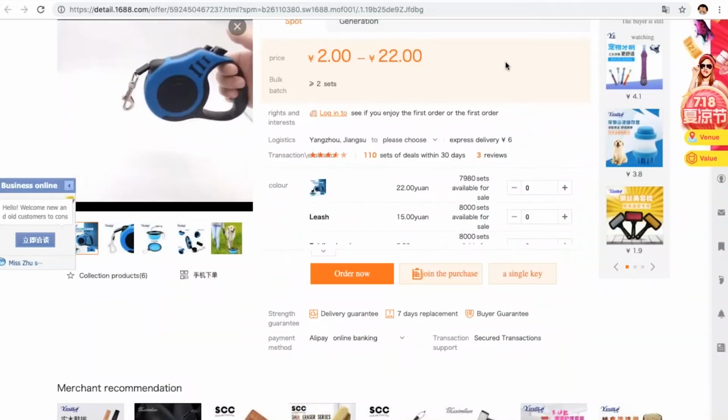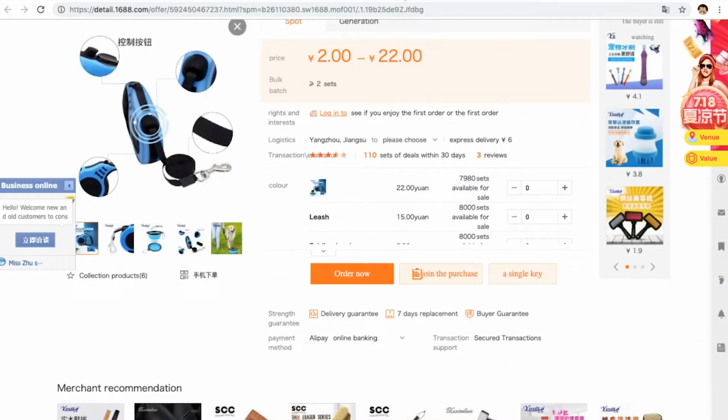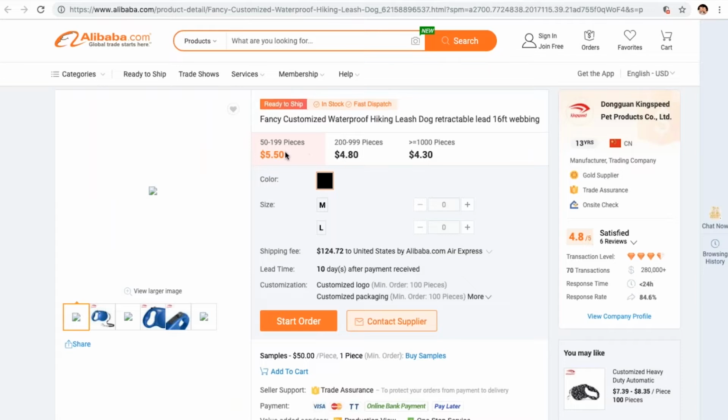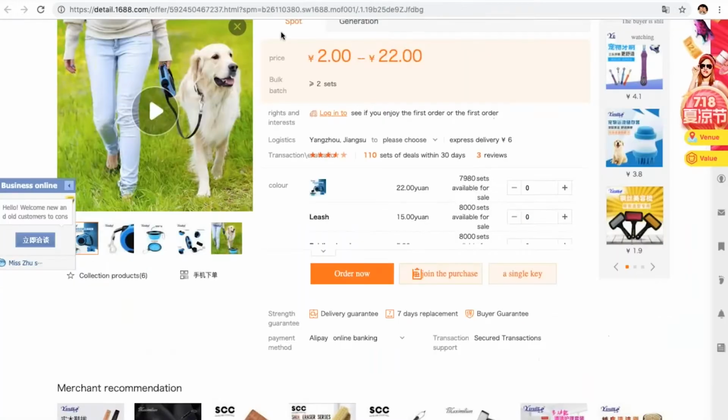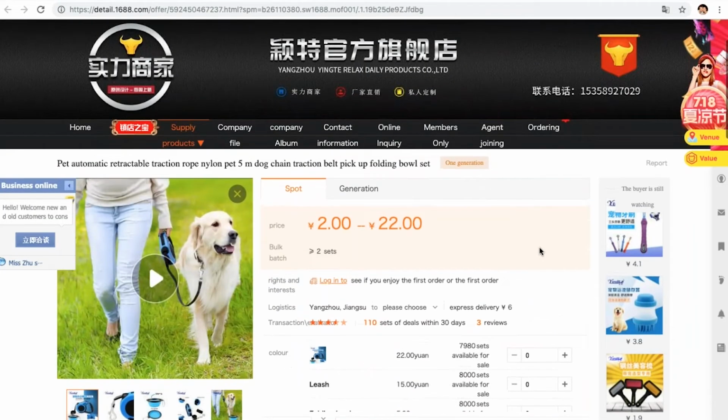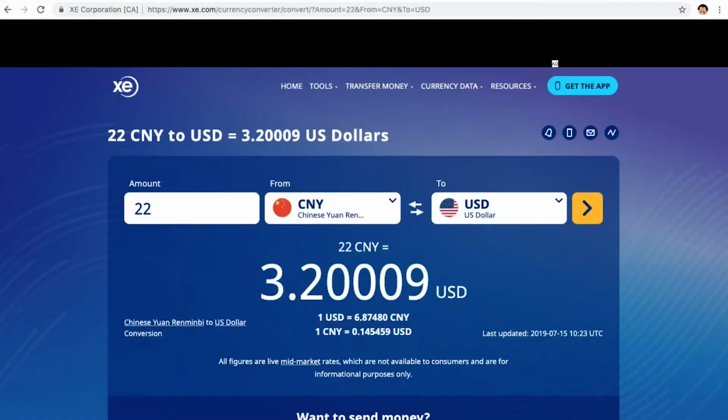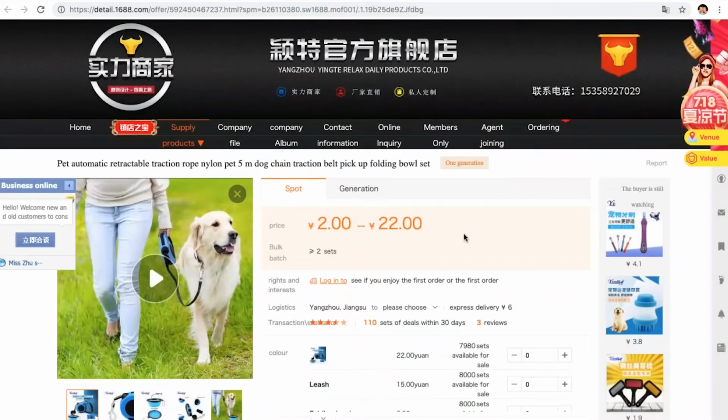$3.20. So now what I would do is I would say to my supplier on Alibaba, well, thank you so much for your price that you've quoted me, $5.50. But here's a link to a very, very similar product on 1688.com where I can buy a very, very similar product for $3.20. So how about, Mr. Supplier,